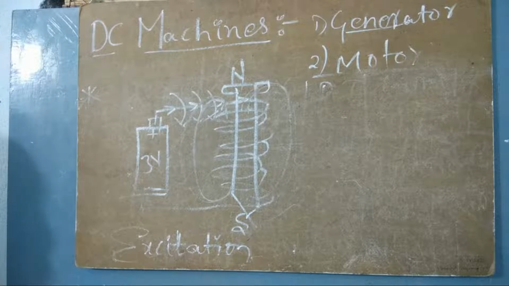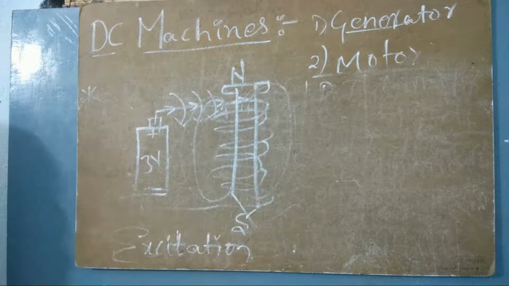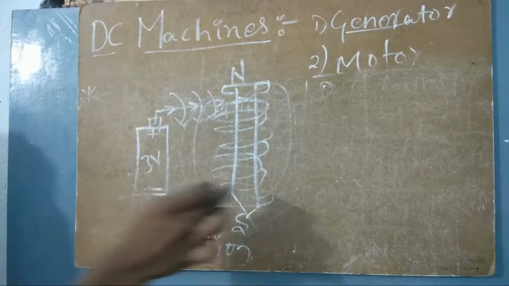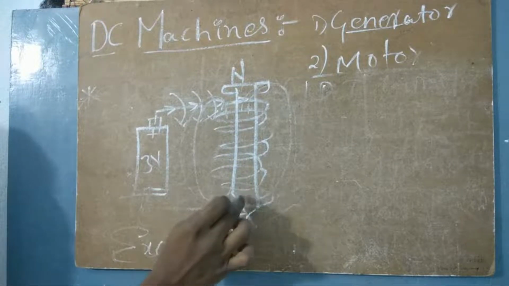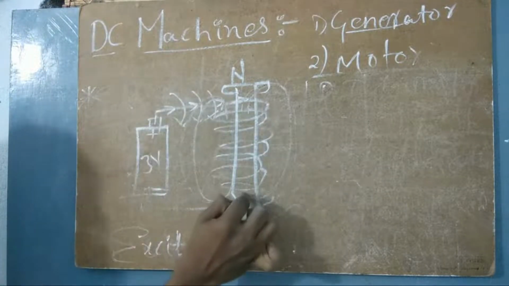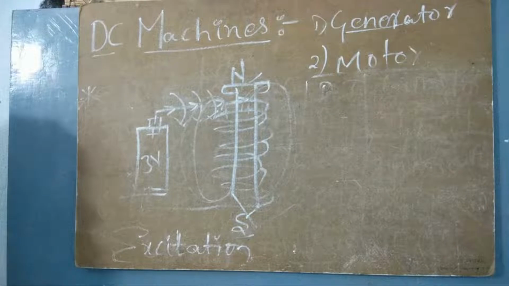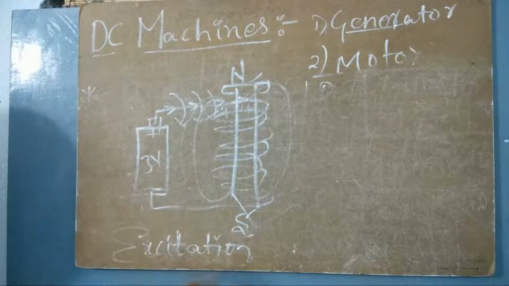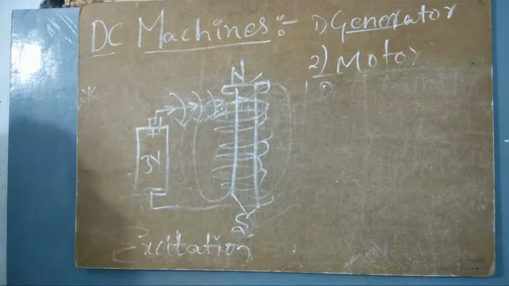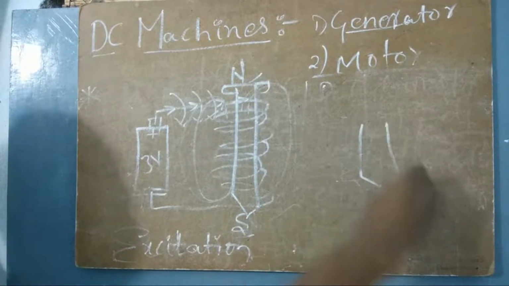Excitation means the process of putting some electrical energy in to energize a magnetic field. That means you are indirectly giving some magnetic field to this iron nail. It is a magnetic material, but still it is not a magnet. It is not even having any magnetic property. But after doing all these things, it is now having a magnetic property, with one terminal as a north pole and another terminal as a south pole. So the process of giving this electrical supply to make a magnetic material into a complete magnet is nothing but excitation. Now, after taking this out, this nail will definitely have all the magnetic properties.